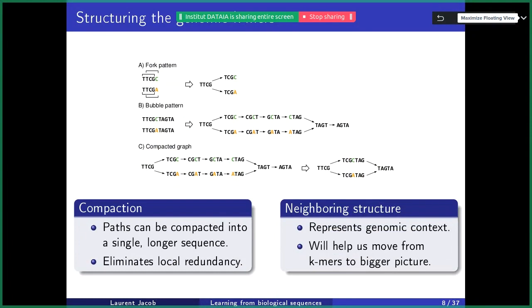So I eliminate some local neighboring structure because indirectly this structure is going to represent the genomic context. That is, if I look at the k-mers that are nearby this one,